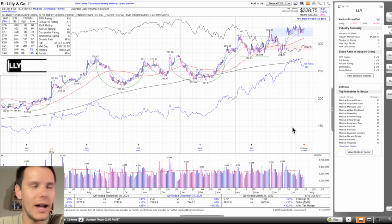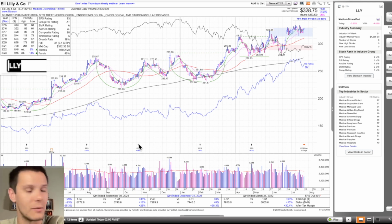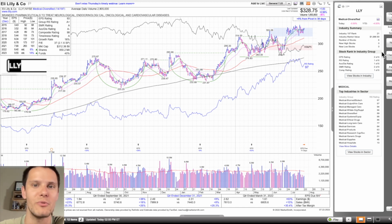Next we have OLLI. This is in medical diversified, 14th strongest group out of 197. So A+ group strength rating, A- accumulation distribution, 98 overall composite rating with a 97 individual relative strength. Fundamentals, very strong on this, all improving earnings, sales, after-tax profit margins. Within the group of 6 stocks, again, 14th strongest group in the market. This is number 2 on earnings per share, number 1 on relative strength, 1 on accumulation distribution, and number 1